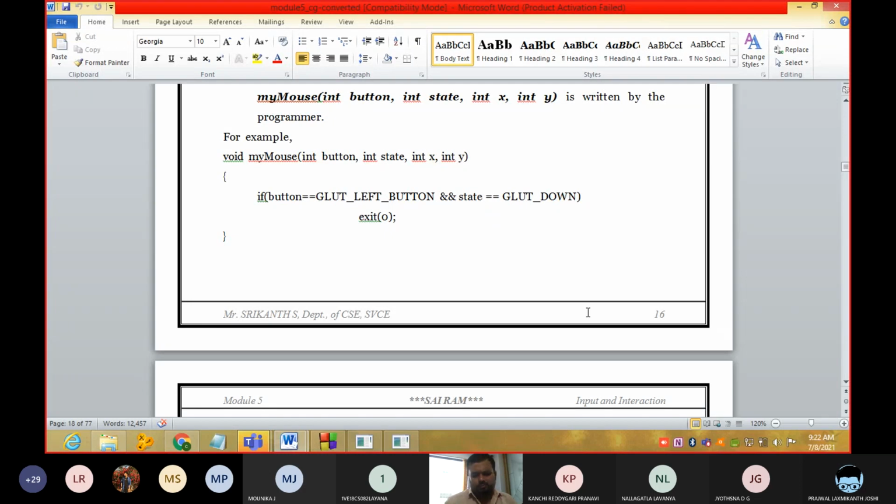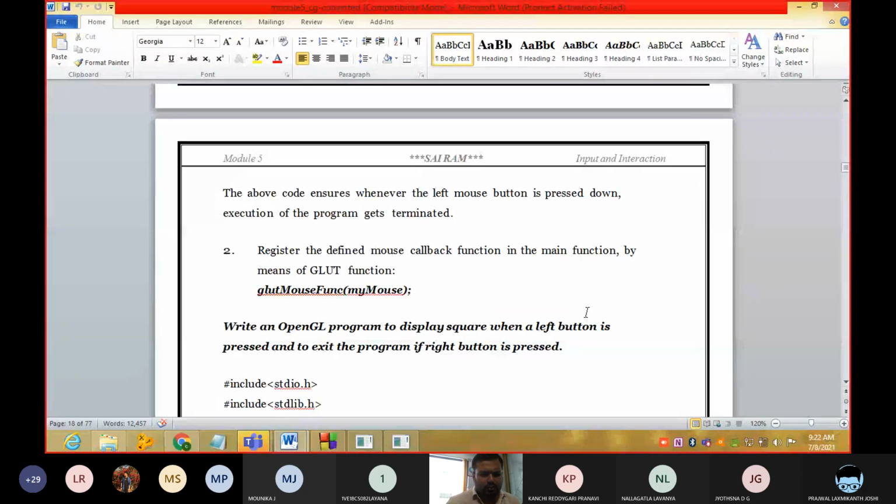Next we shall see how to interact with this particular keyboard. We need to invoke this function, glutMouseFunc, myMouse.